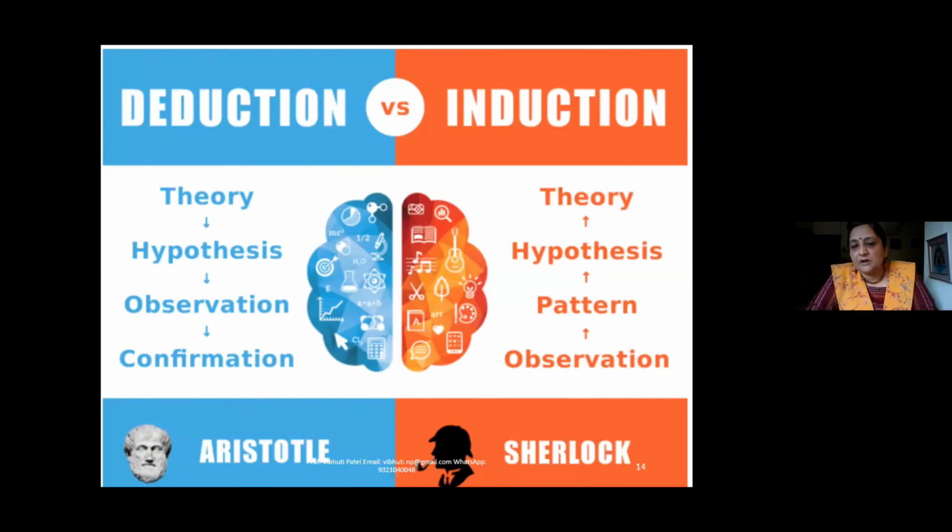But in deductive logic, you believe in the theory. While in inductive logic, you are like Sherlock Holmes. Okay, what did Sherlock Holmes do? You must have been watching his movies, no? Sherlock Holmes, you first observe that, okay, a murder has taken place or certain patterns are emerging in a city. Under the lockdown, most of the people in cities are more disciplined. Okay, you observe. Then you see what kind of pattern. Who are more disciplined? Are they middle-aged or elderly or children or youth?